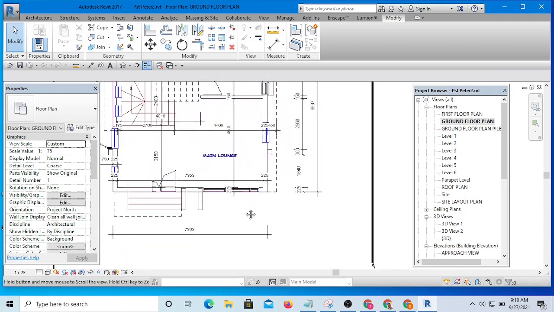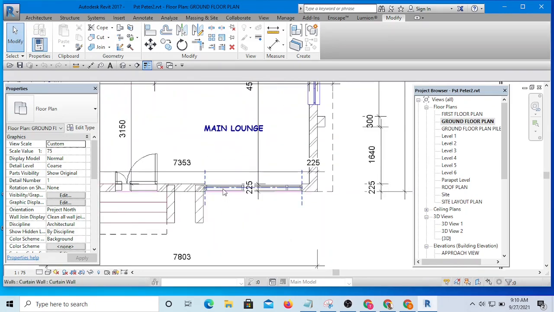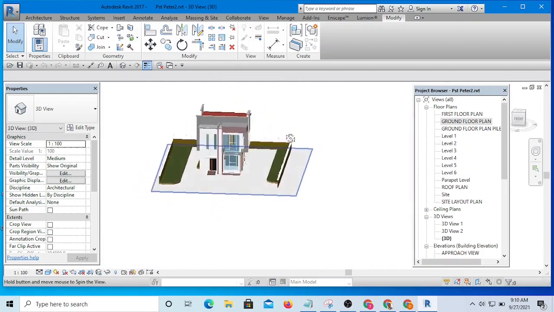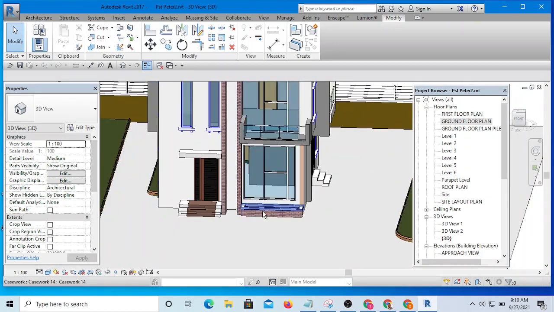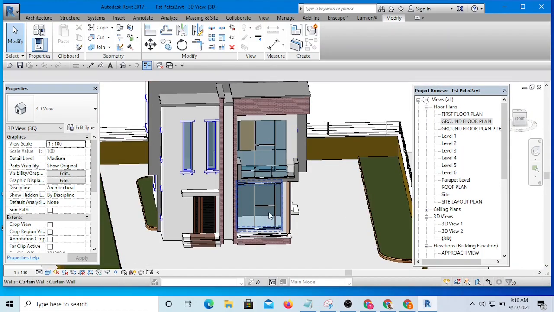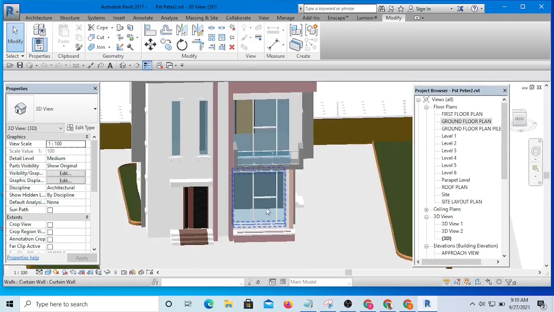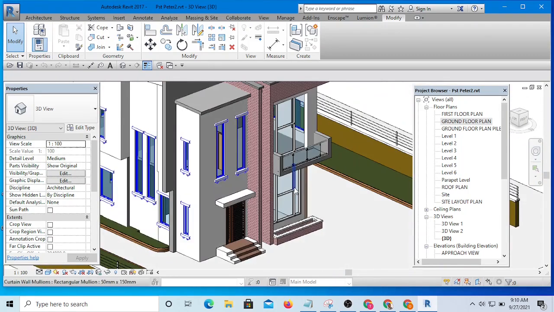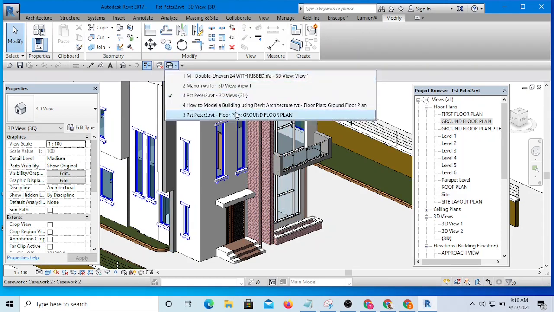Okay, so in our case study we have a wide glass window. This is wide glass, and what I use here is curtain wall. So I use curtain wall to do this, and I'm going to use curtain wall to do this as well. So I will go to our project,